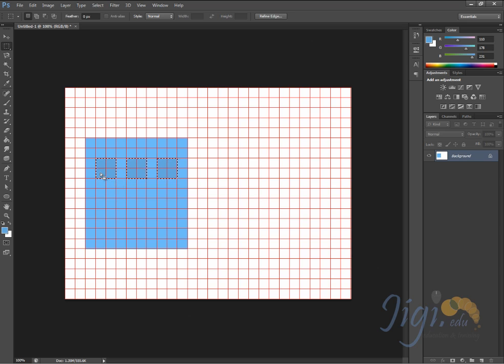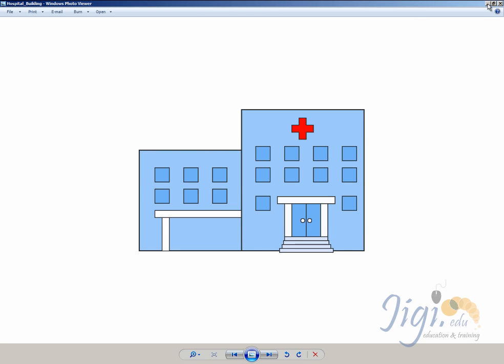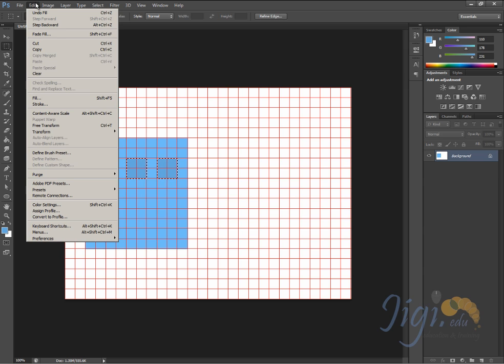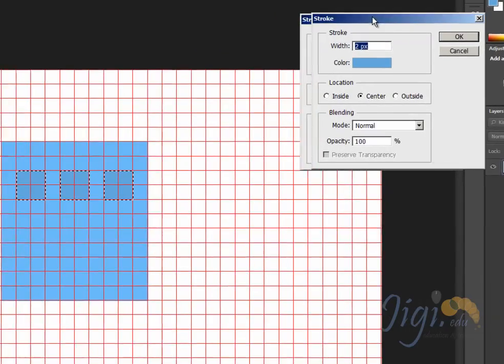Okay, this is fine. There is a border. Okay, so we have to add the border also to that. So that can be done with the stroke command. So it's selected, you can go in edit, stroke,